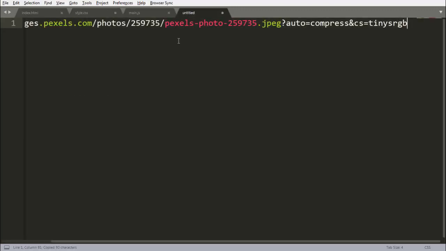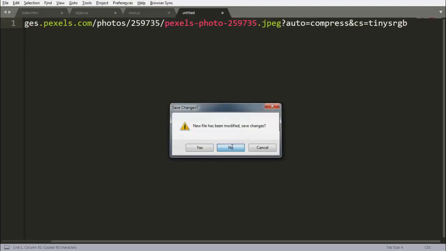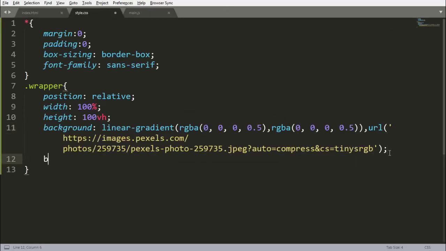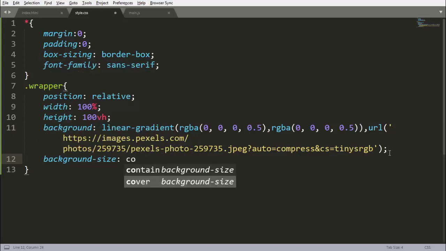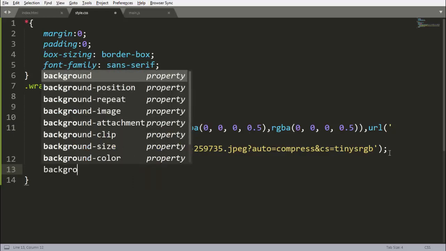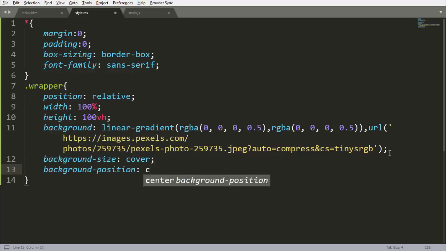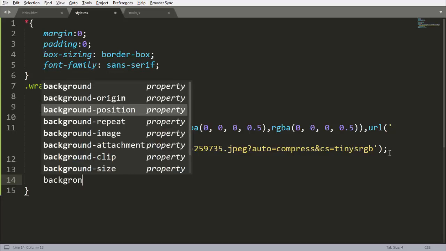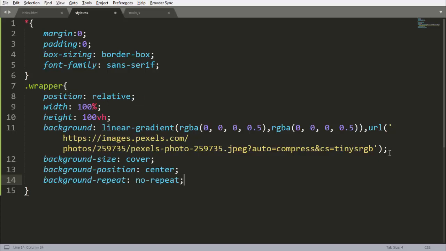I'm copying this URL from pexels.com. Paste it here, and we need background-size cover and background-position center, and background-repeat no-repeat here. Save it.